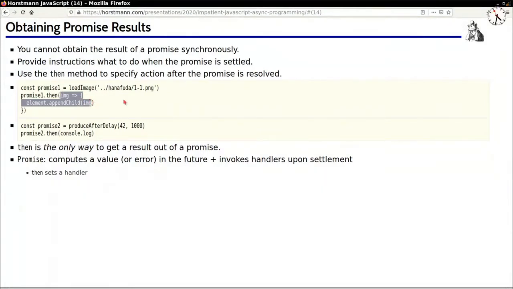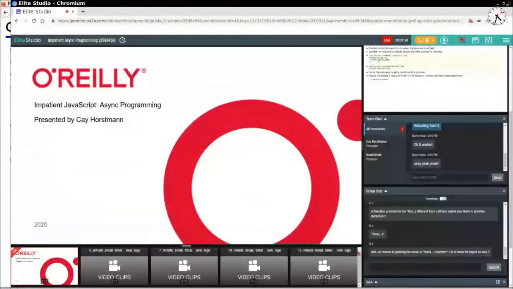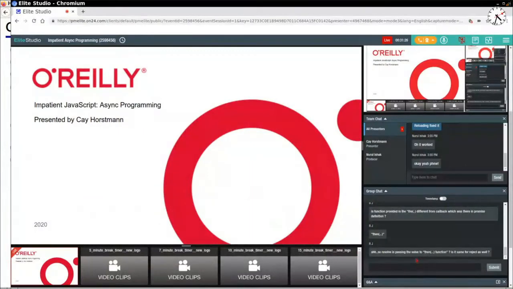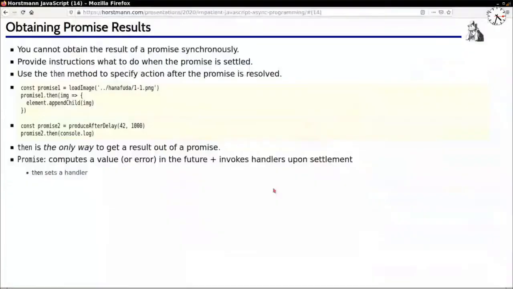So it is useful most of the time to think about this application level, because that's how you're going to be using promises. You're going to be having a promise, and you're going to be called in on it. Let's see how we're doing here. Yes, so it says resolve is passing the value to then, and it's a good way of thinking about it like that. It's not really passing the value to then, because what really happens is that the runtime orchestrates it so that,